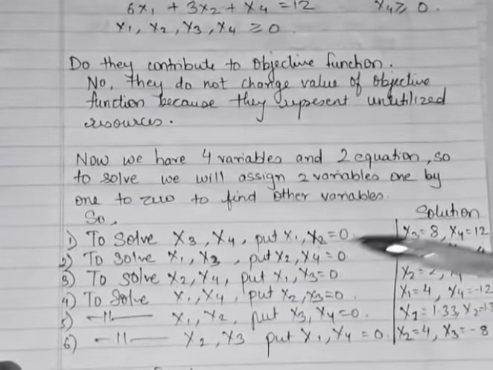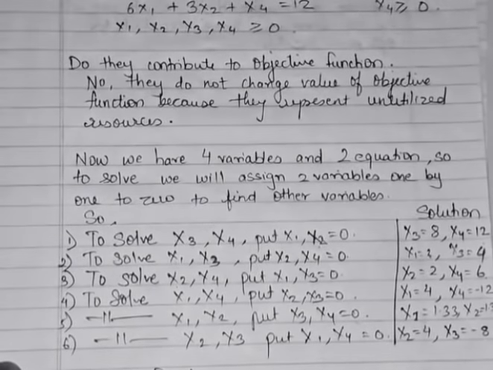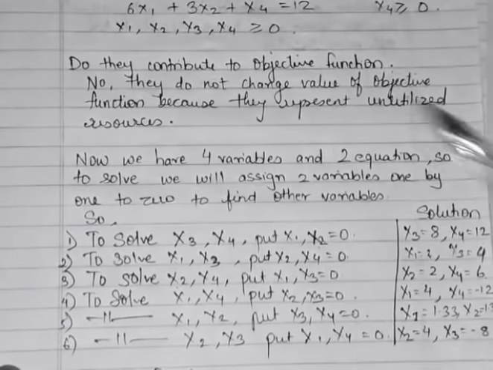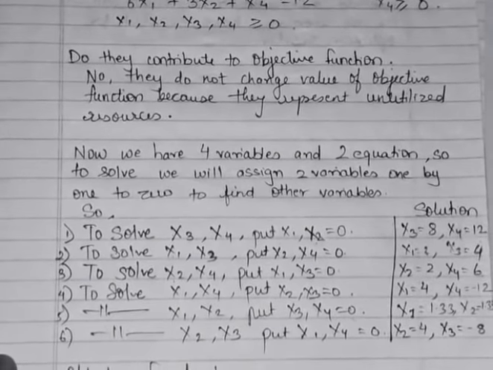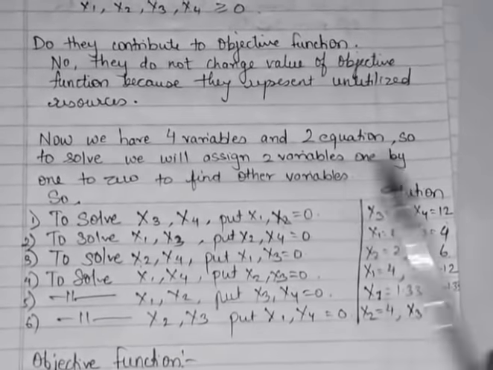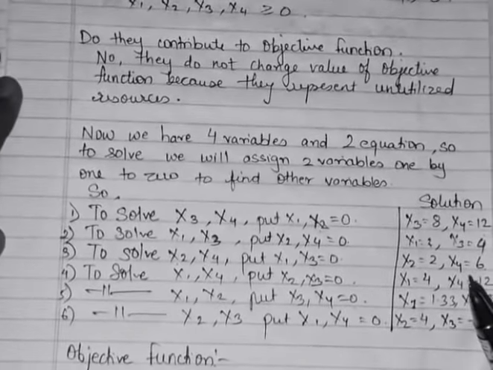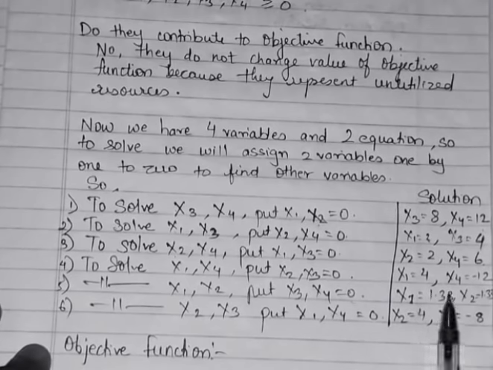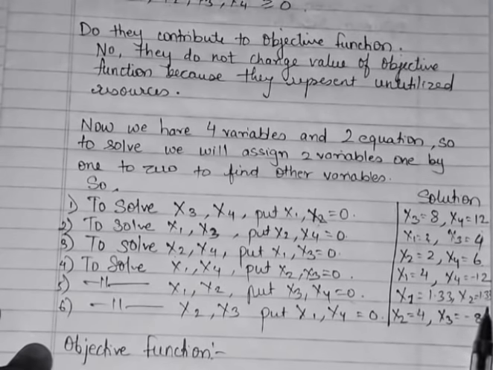And x1 and x3 are 0, 6 times 3 is 18, x4 will be minus 6, right? So I can find out, so x2 is 2, right? So 12 minus 6 is 6. So in this way, when I solve for x1 and x4 by putting x2 and x3 as 0, I'll get 4 and x4 as minus 12. In the same way, x1 is 1.33, x2 is 1.33, and similarly x2 as 4 and x3 is minus 8,